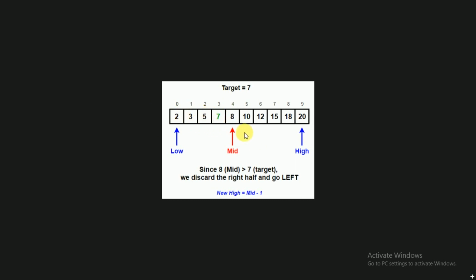If key is greater than a of mid, it should be present in the second half, if at all it is present. In the same way, in this case they compared the key, that is 7, with 8, and found that the key is less than 8. So you have to consider only the first part. But see here, this is a looping statement, a recursive execution, meaning each time the same statements are executed until that condition becomes false.